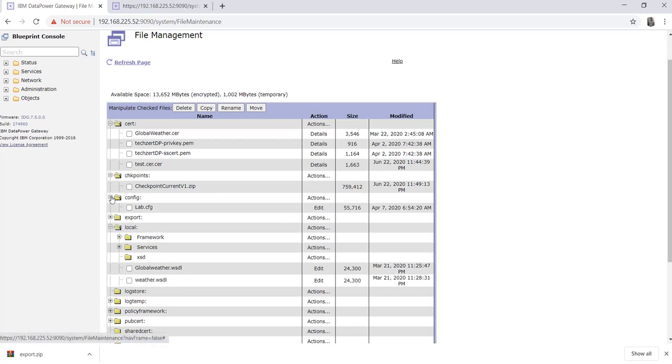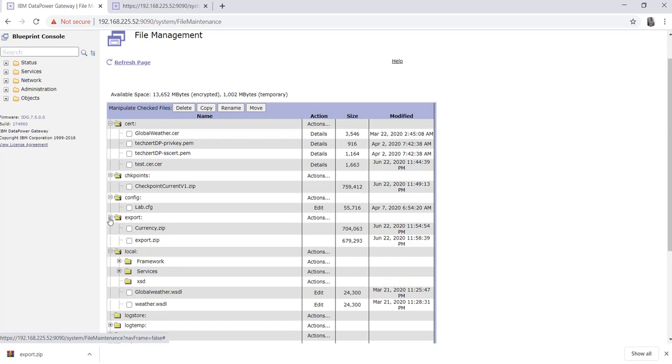Next, I discuss the config, and it's again domain specific, and it contains the configuration of all your objects and services. Whenever you create new objects or services, or any crypto objects, whenever you click on the save button, your domain specific configuration file will be updated as per the current time.